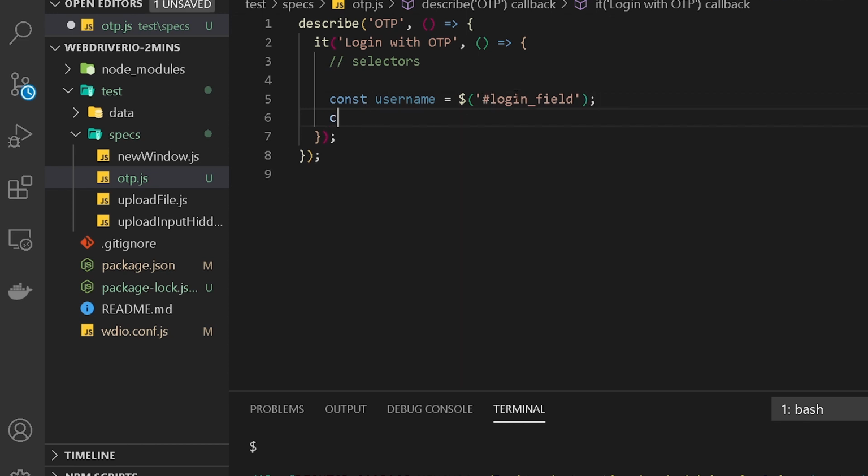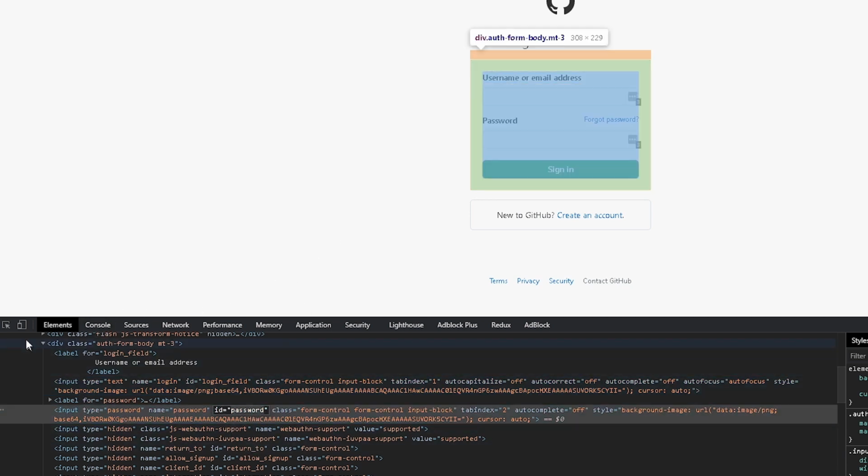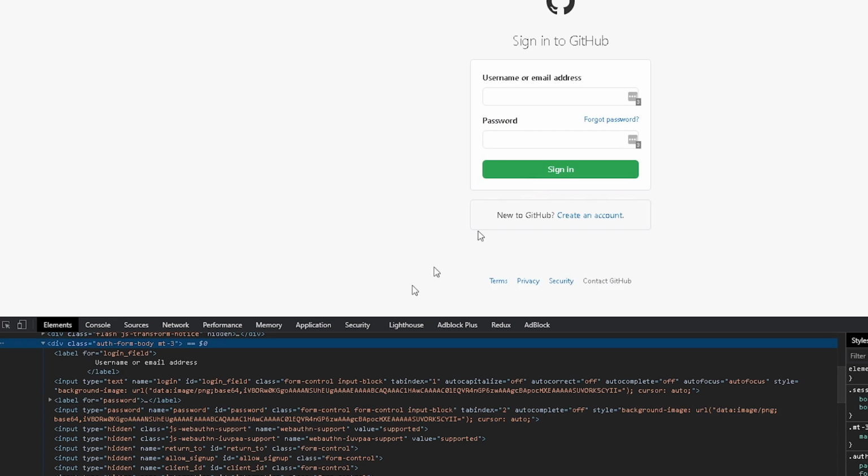We will do the same thing for the password, and I'm just going to leave it this way here and head back to Chrome again. So what do we need for a password? It's basically this password. Let's also find out what's for the sign in so that we don't have to keep jumping over and over. So for sign in,